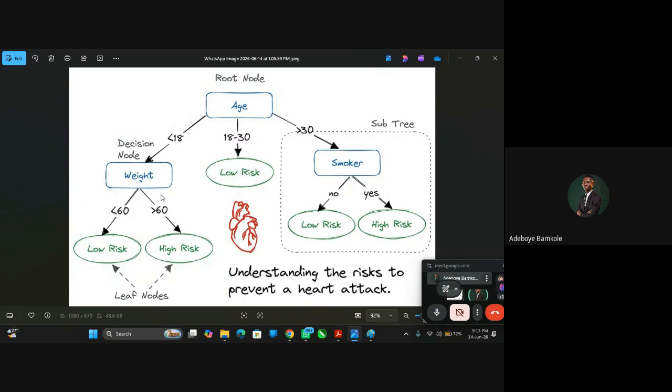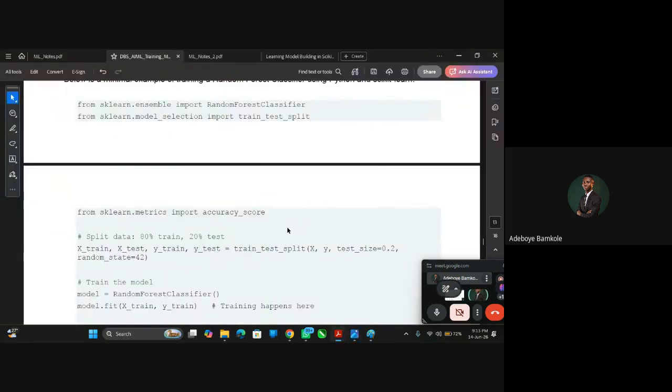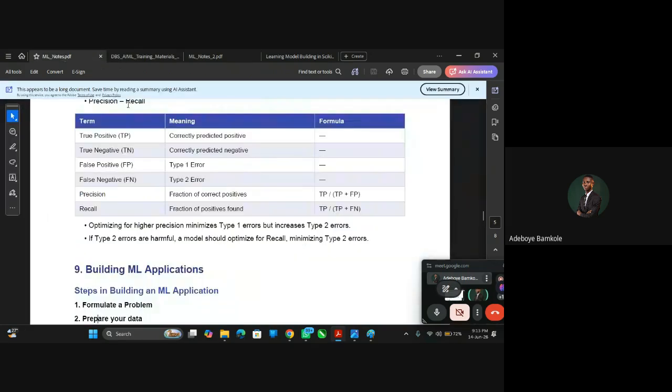If the weight is greater than 60, high risk. Or if the person is between this age, low risk. If the person is greater than 30, is he a smoker? So this is a simple way of making decisions. We can also do that with machine learning, and mostly we use it for classification. So the random forest classifier contains multiple decision trees. I mentioned a term just now, that random forest is an ensemble model. It has multiple decision trees, and what an ensemble model is will be explained